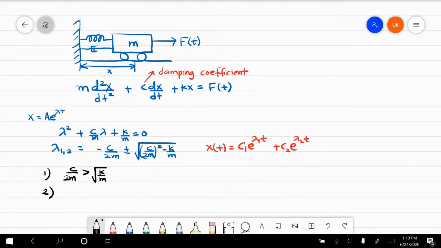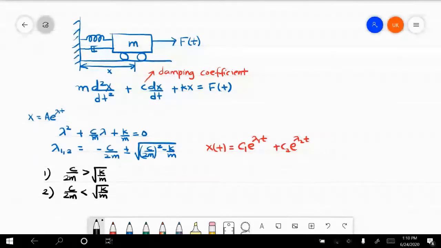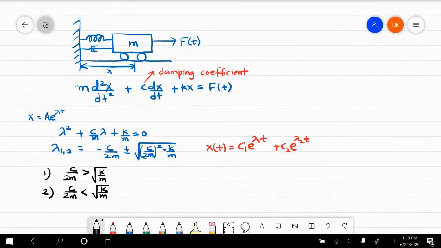The second possibility was c/2m less than square root of k/m. And in that case, you can imagine that under the square root, we'll have something negative, which means the solution for λ will be complex. It will have a real component and an imaginary component. So in this case, because of this imaginary part, the solution will represent an oscillation. The solution will contain sines and cosines,